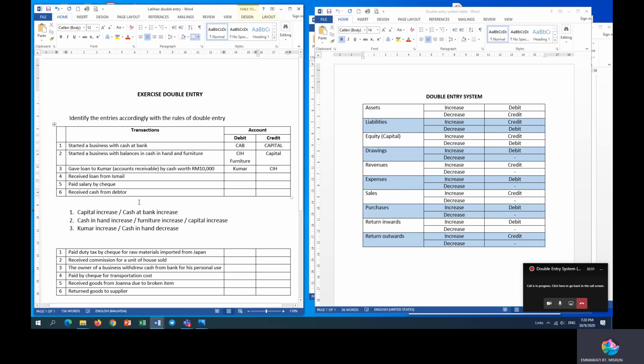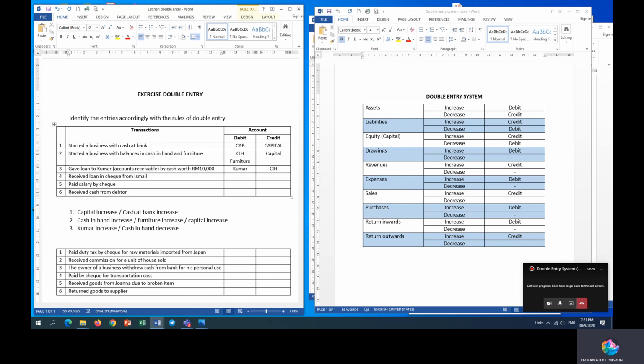Okay. So saya rasa awak dah mula boleh ikut kita punya tempo. Kita punya rentak bagaimana cara ni kita buat transaksi. Okay. Now untuk nombor 4, saya betulkan sikit ayat dia. Receive loan, let's say, by check. Menerima tunai dalam bentuk cek daripada Ismail.